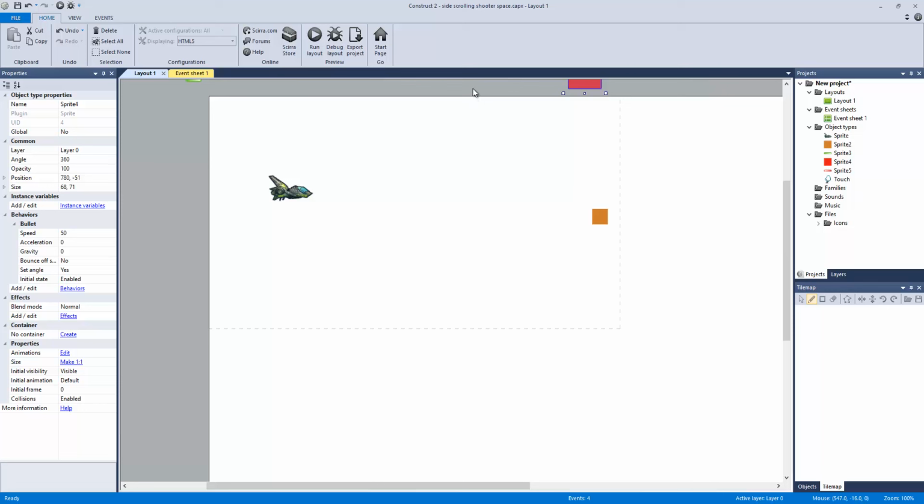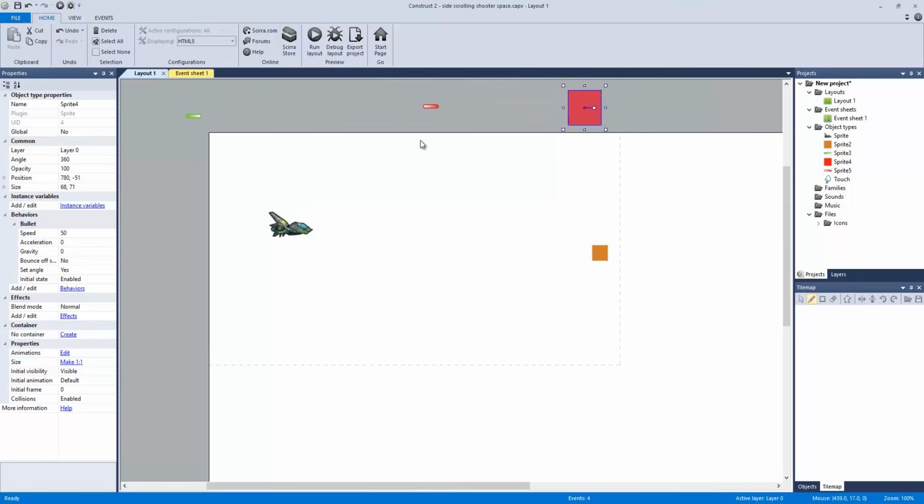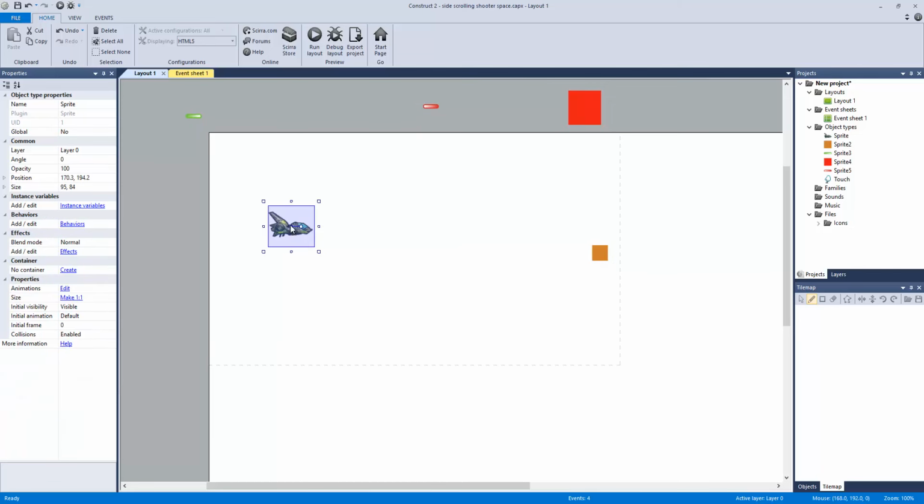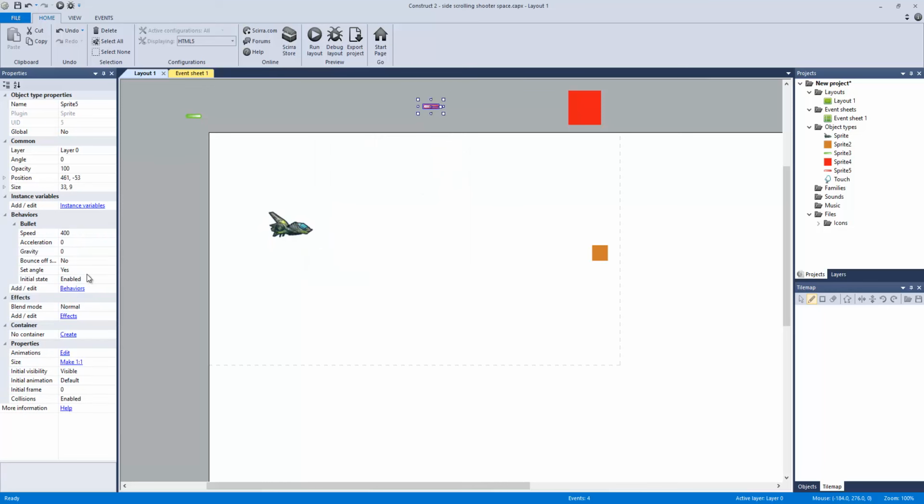So right now I'm just using some art that I have collected from OpenGameArt. So you'll see the links down below along with the file for this setup. So I have our laser, enemy laser, the enemy, an enemy spawner, our player, and that's about it for right now. The only behaviors that I'm actually currently using are bullet and